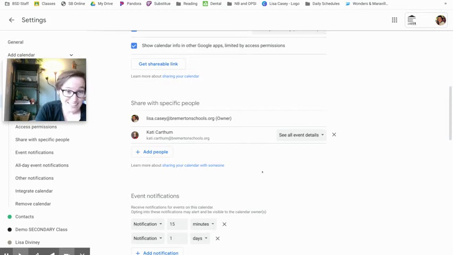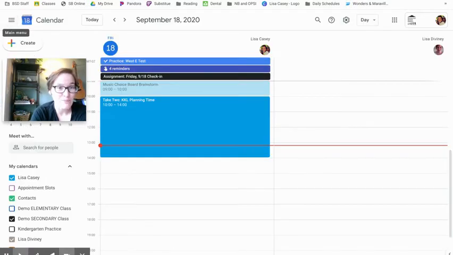So it depends who you're adding, and if you want them to see all event details, or if you just want them to see busy or free. I would suggest, for people who you are sharing with specifically, if you really need to share your calendar and add people to your calendar or allow them to add it to their calendar, you probably want them to see all event details. So if I come back to my settings or come back to my whole calendar view,